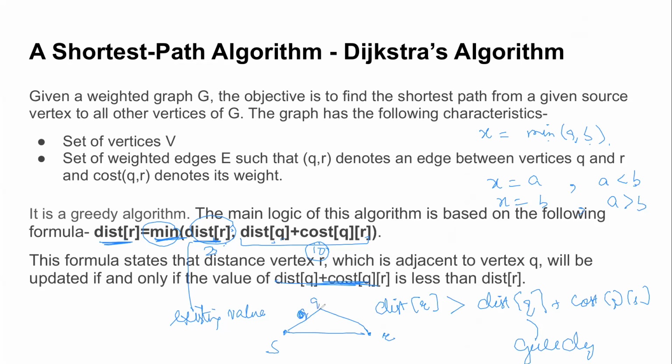It makes sense because if you consider the same example S, R, and there's a node Q in between, I give you a scenario where the weights are 2, 5, and 4. What path would you choose to go from S to R? Would you choose a path via Q, or will you take the direct link SR? Which path would you choose and why? You would choose the direct path. Why? Because its weight is 4, while if you go via Q, its weight is 7, right? But now suppose I do this. Would your answer change?